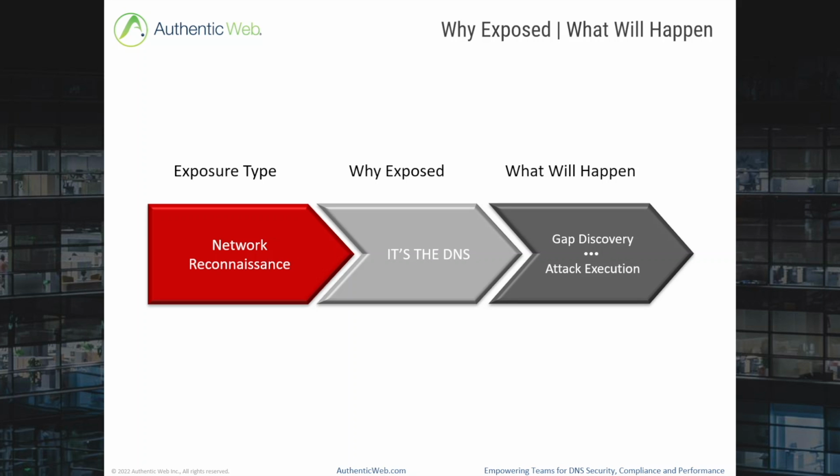And the last example is network reconnaissance. DNS, again, is insecure by design. It's a public network to make your digital products and services available on the internet. Similarly, bad actors use the DNS to map your network. They see what is live, and they hunt for gaps in server software updates and configurations. And upon discovery, they can execute attacks. They are focused, technically astute actors who, if they set you as a target, this is how they discover your vulnerabilities. These are examples you need to be aware of.